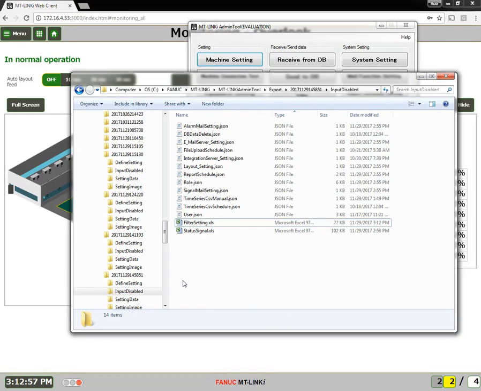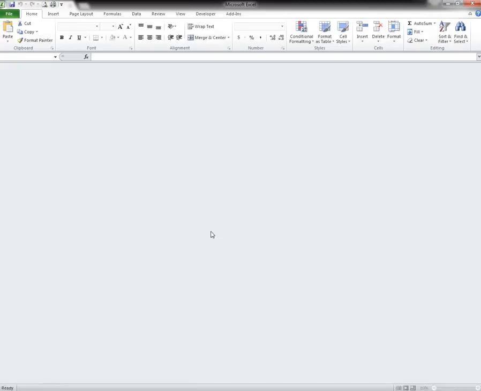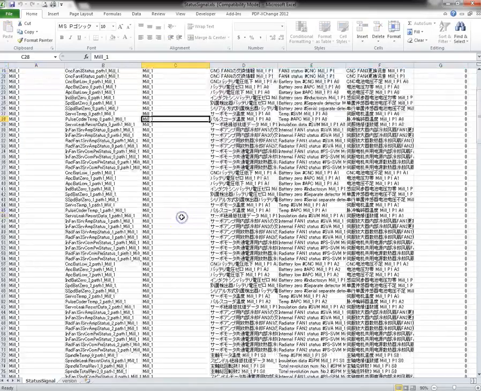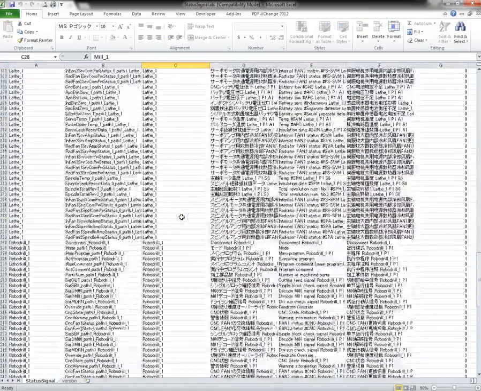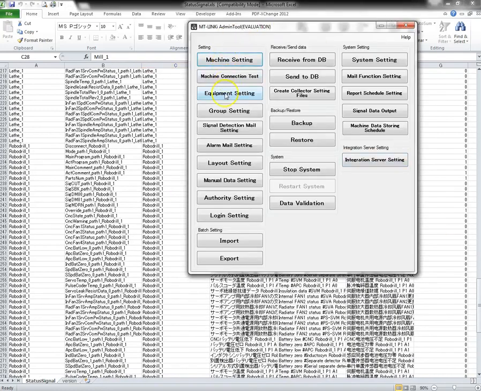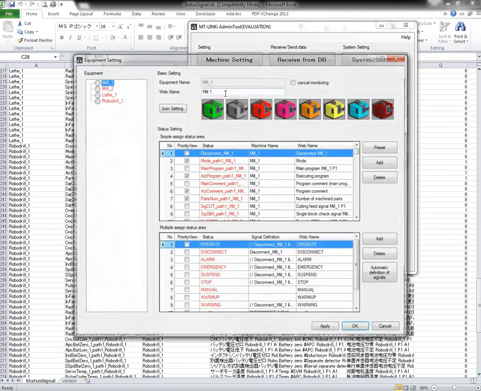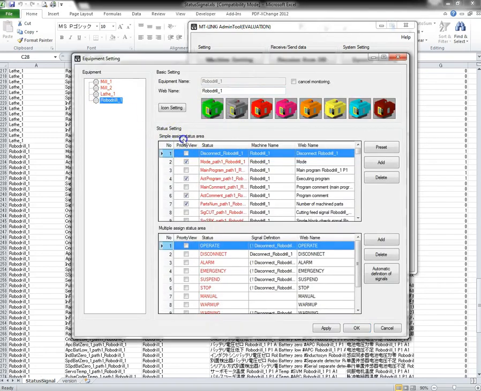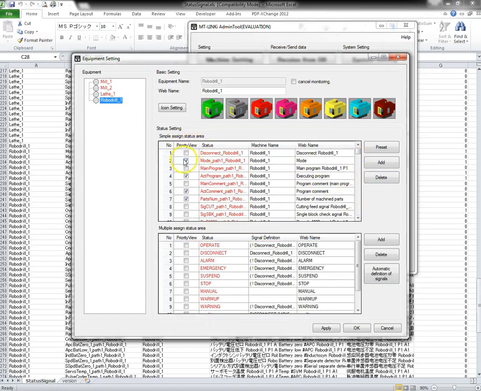The other file is the status signal setting file. This file correlates to the settings on the equipment settings screen under the Simple Assign Status area. So here we selected our priority view and our web name. So if I want to keep this same without having to go into each machine and modifying this, I'll just go into